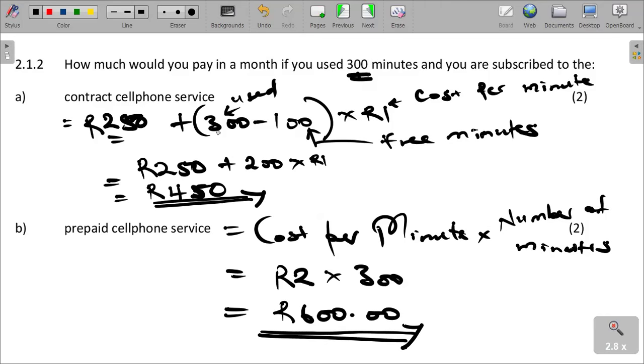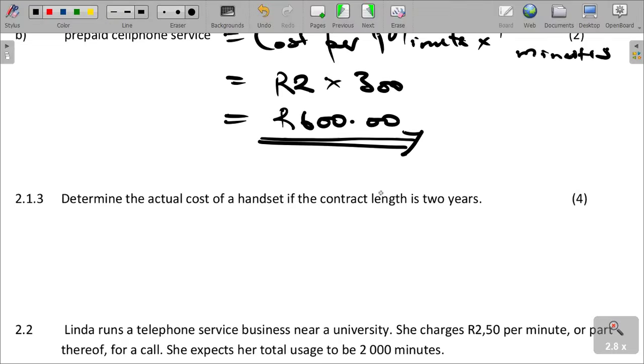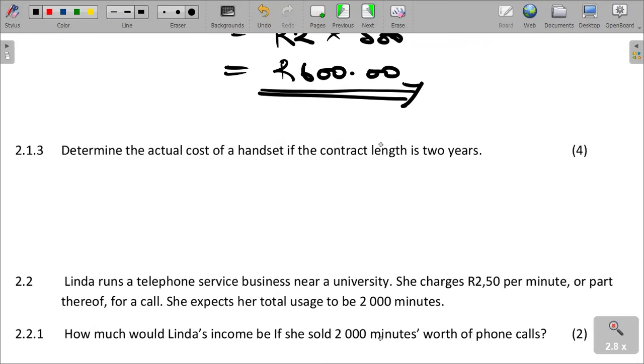And then the next question is saying, determine the actual cost of a handset if the contract length is 2 years. So in this case, what we need to know, or what we are supposed to do,